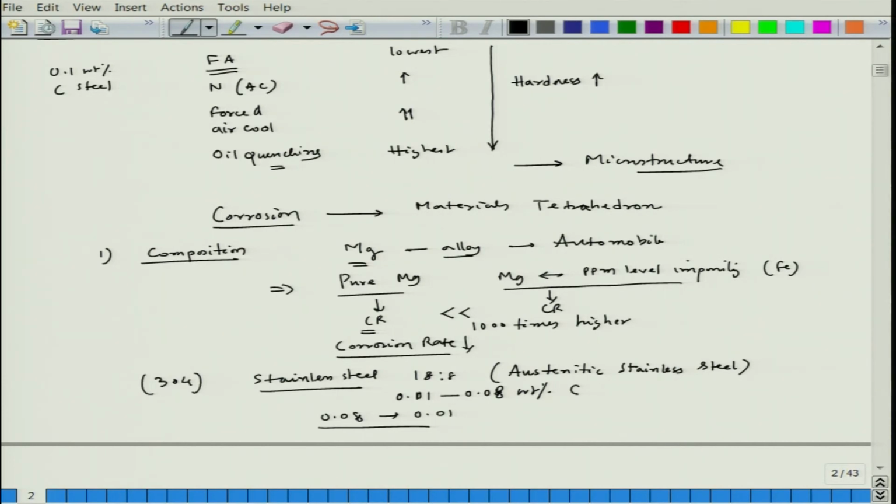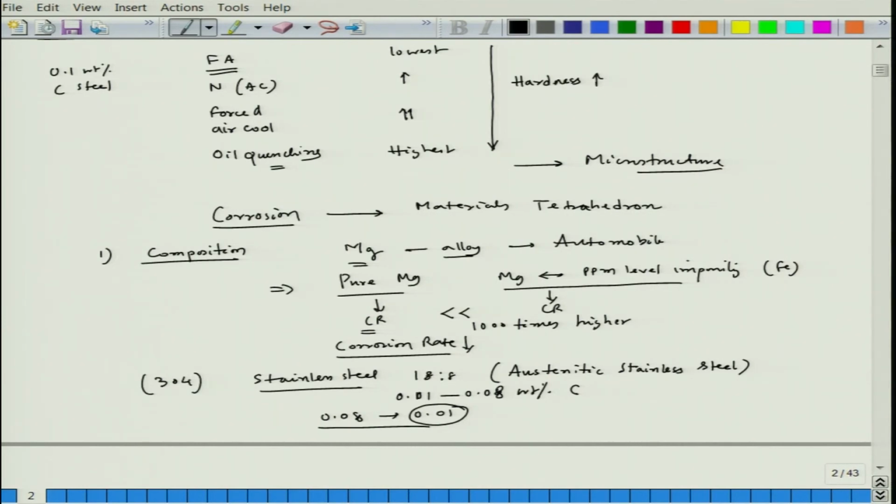That means the corrosion happens along the grain boundaries. We will understand why. Even if the processing is a little bad, there is a chance that between 400 to 600 degrees Celsius the steel sample is held for a certain time, and even if the carbon content is less, still the austenitic stainless steel will lose its stainless property, because